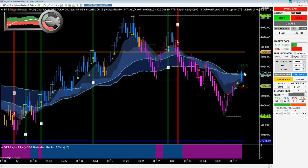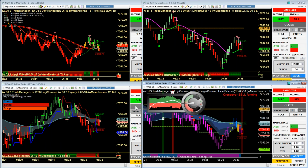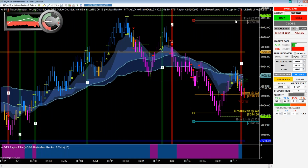Well, here we come again into the hard edge. We're producing some green warning dots, so the market's still kind of conflicted here. Okay, here now the crossover sell, and I'm just going to hit the sell button on that one. And now I will adjust my stops. Taking a bit of a chance. I would have been better off taking maybe a follow-up signal down here somewhere near the lows, but